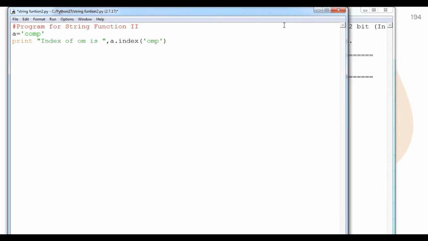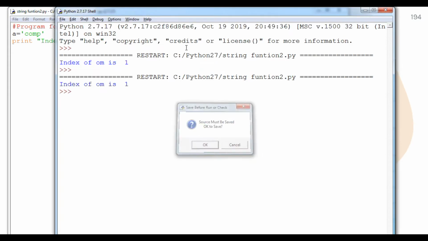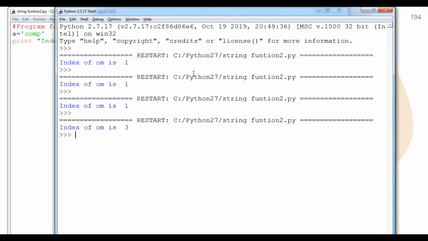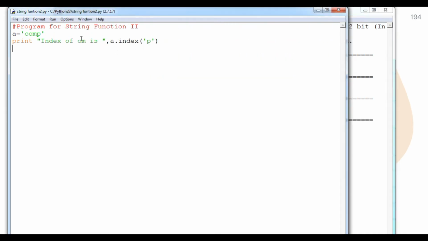Suppose I search for omp, it will again give me 1, because the first letter is o, and the index of that particular letter is returned. For example, if I search for p, the output will definitely be the last index, that is 3, because p is at the third position: 0, 1, 2 and 3.